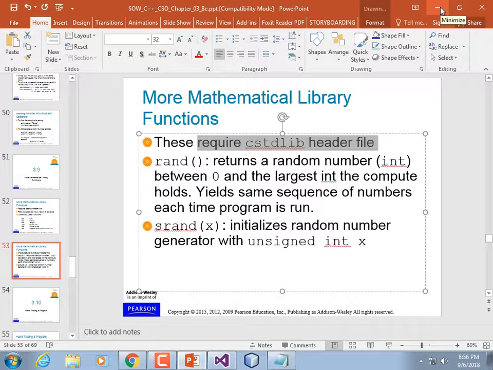One of the common exercises I have us go through is a random number guessing game, where the computer tells you, I'm thinking of a number between 1 and 100, and you start trying to guess it. If you guess too high, it tells you. If you guess too low, it tells you. If you get it right, then